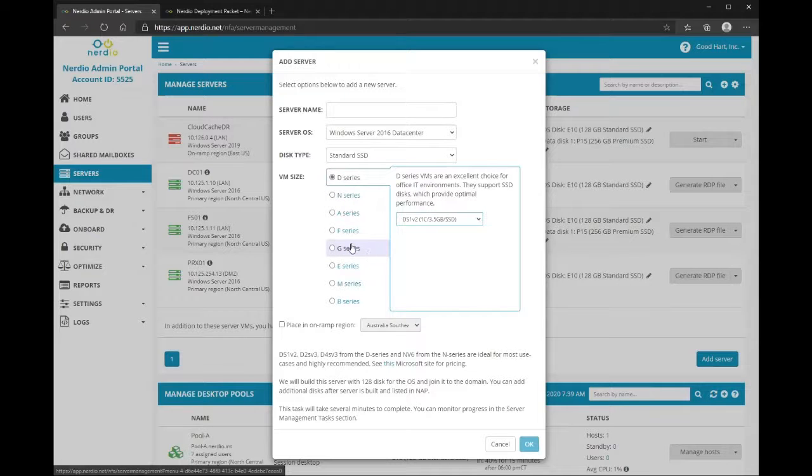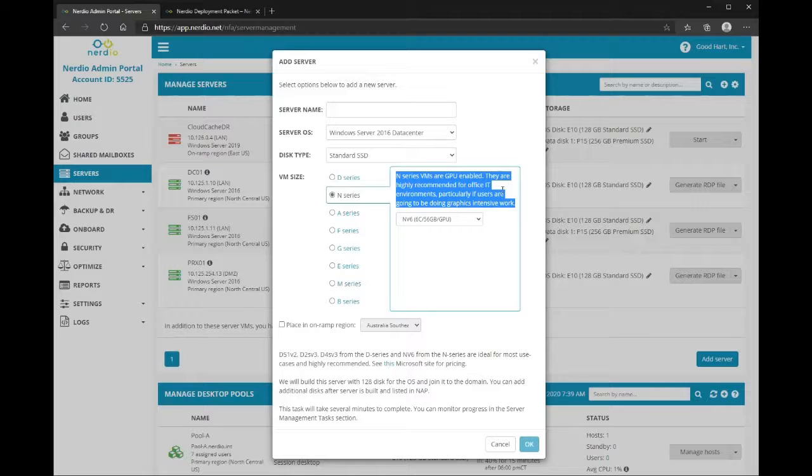So let's say instead of a D8 SV3, you specified an E series VM, right? You could select the drop down here and specify the different VM series size you wanted, or maybe an N series. And we understand here at Nerdio that a lot of partners don't have an intricate understanding of the different VM sizes and what they do. So we provided a short sentence or two that gives you a good description of when this VM size is most